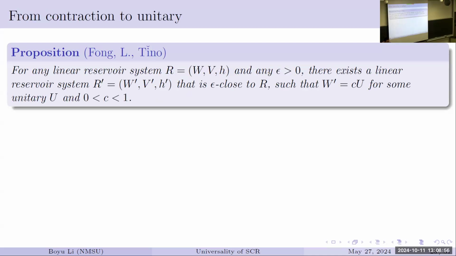So the first result we have is if you have any linear reservoir, then you can always find a kind of dilation version of it. You dilate your state space to a higher finite dimension, and this W prime is going to be a constant times a unitary. It has some other V and H, and the H prime and the H are not going to be very different. You want to keep the H to be something trainable. This H prime is going to be trainable as well. You're just composing with some matrix, in fact.